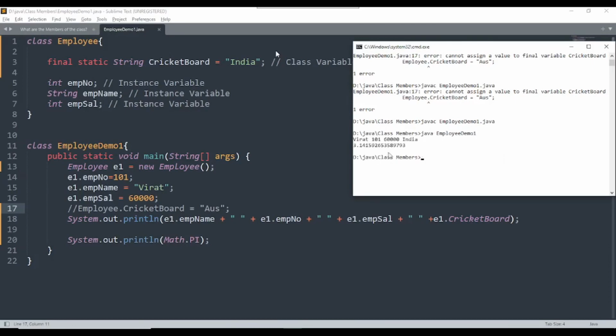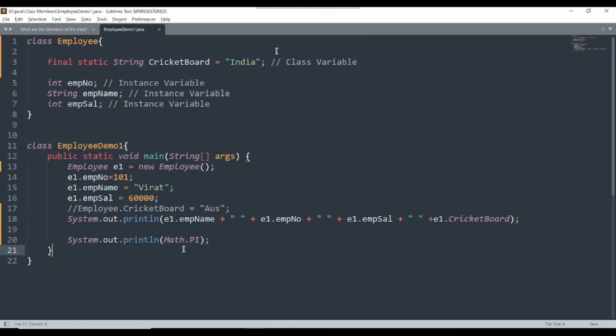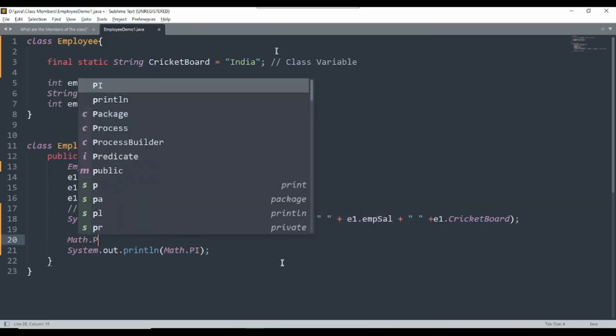You will have the value of the pi value, right? So Math is an inbuilt class available, and pi is a final variable available in the Math class. So this pi is a variable of the Math class. You can directly access it with the class name, and pi is also a static variable because here we have accessed this variable with the class name. So the class Math has the pi variable as a static.